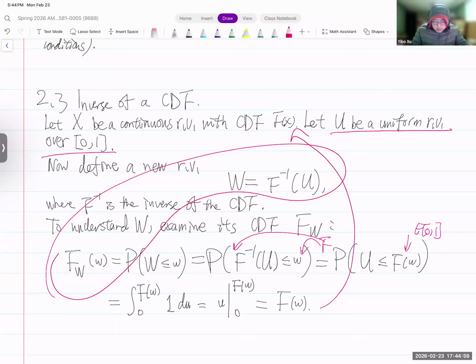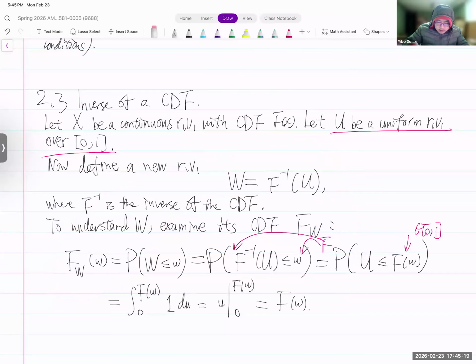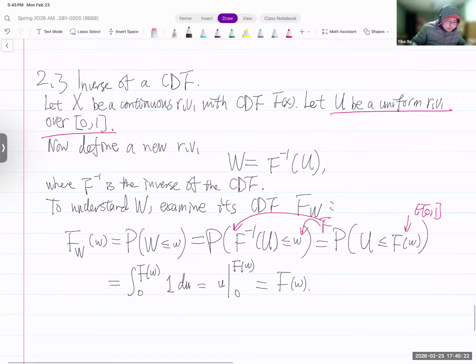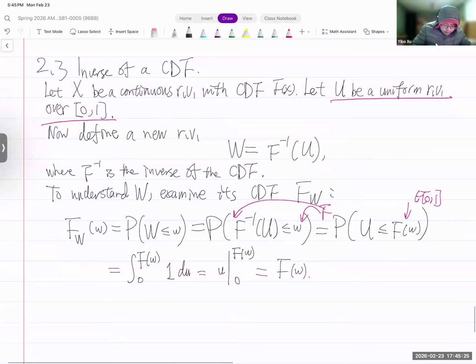okay? So this tells you the random variable W, cap W, and the original random variable X, although they are defined possibly in different ways, have the same CDF for every W value. Okay, so they are exactly the same in terms of CDF. This means F sub W of little w equals F of w for all w,